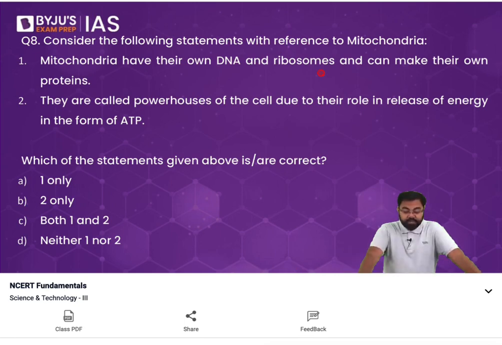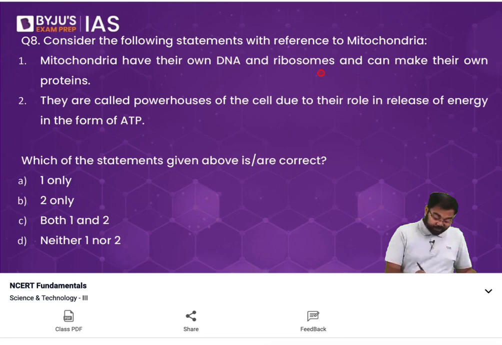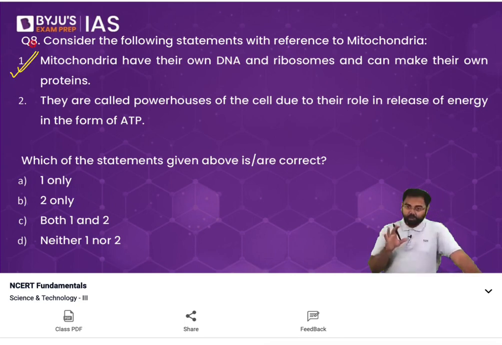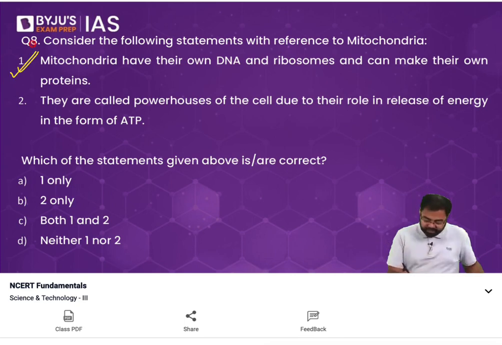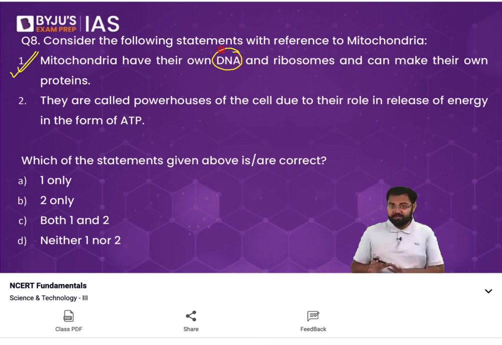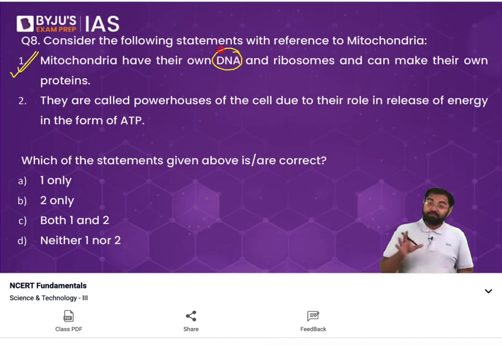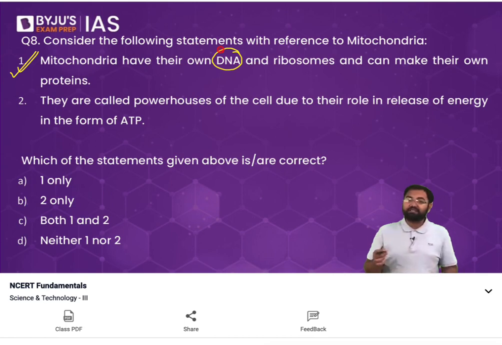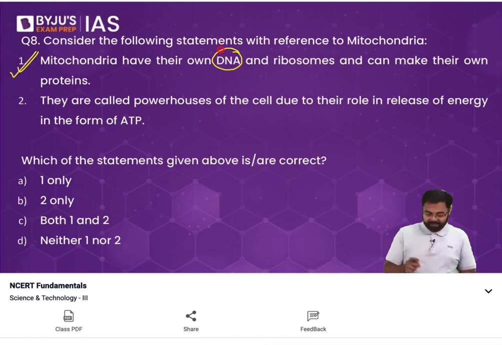Mitochondria have their own DNA and ribosomes and can make their own protein. Is this correct? This is absolutely correct. See, normally what we see is that DNA is something that is found in the nucleus of any cell. But apart from nucleus, there are two other organelles in the cell also where we can find DNA. One of them is mitochondria. So which are the organelles which have their own DNA? One is nucleus, one is mitochondria,